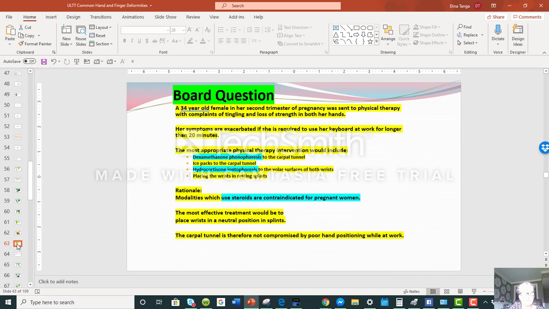Board question: a 34-year-old female in her second trimester went to physical therapy. Complaints of tingling, loss of strength in both her hands. Her symptoms are exacerbated if she is required to use her keyboard at work for longer than 20 minutes. The most appropriate physical therapy intervention would include,